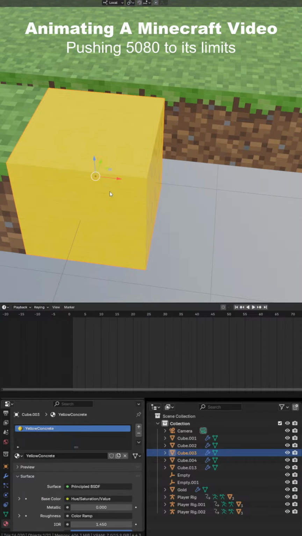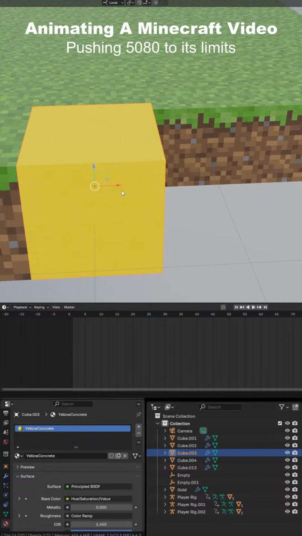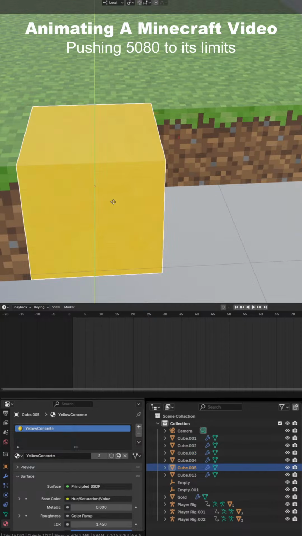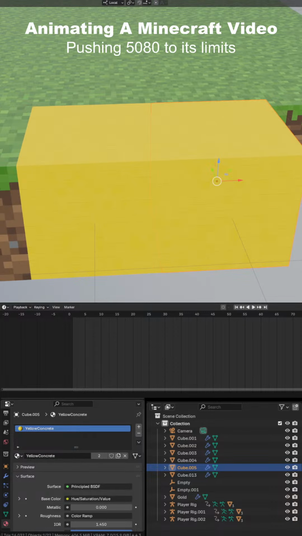Now we're also going to do some more colors of concrete. So let's copy this over and let's do some brown terracotta. If I go to textures again,